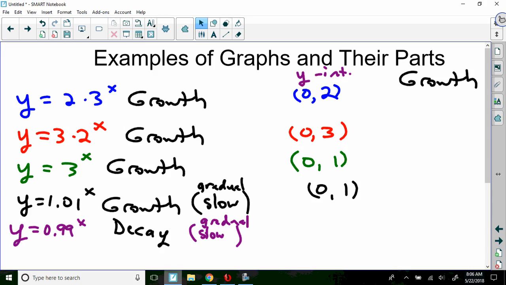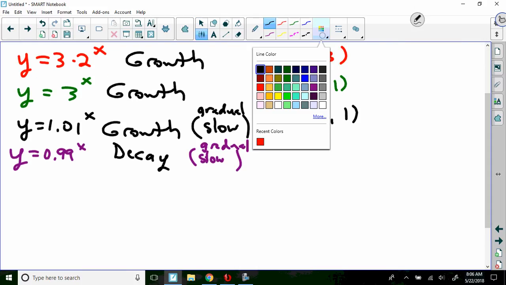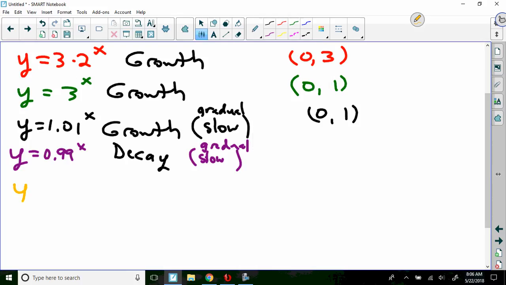So let's look at one more. Last function we're going to look at, and then we'll draw some conclusions. I'm going to use pineapple yellow here. So let's look at y equals pi. I wonder if we could even do that, if we could use an irrational number as an a value. Pi times